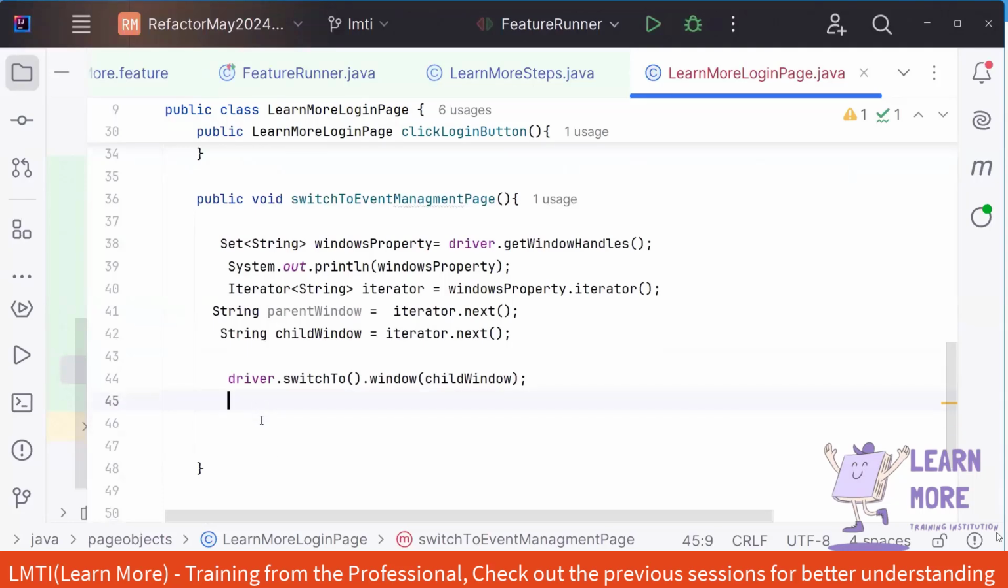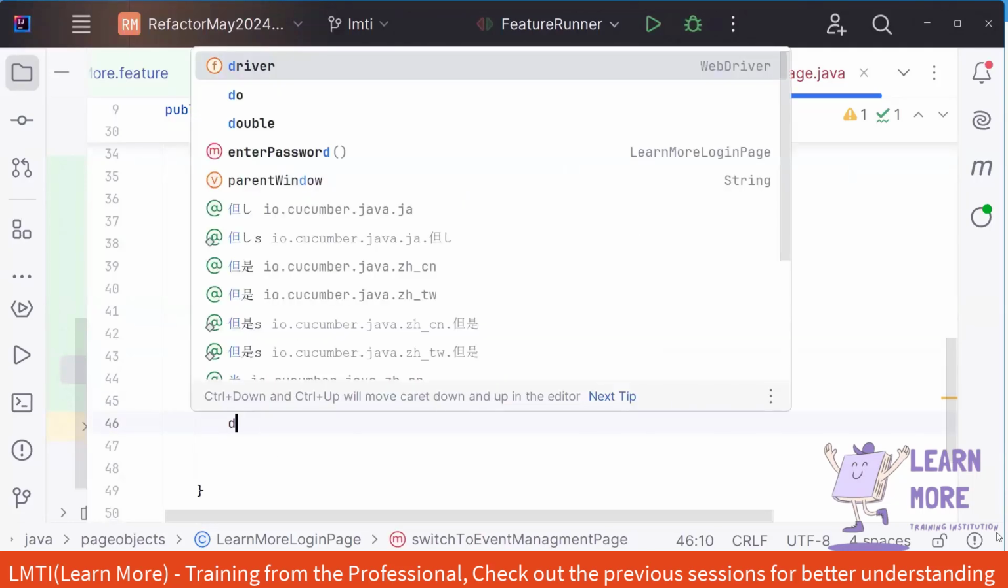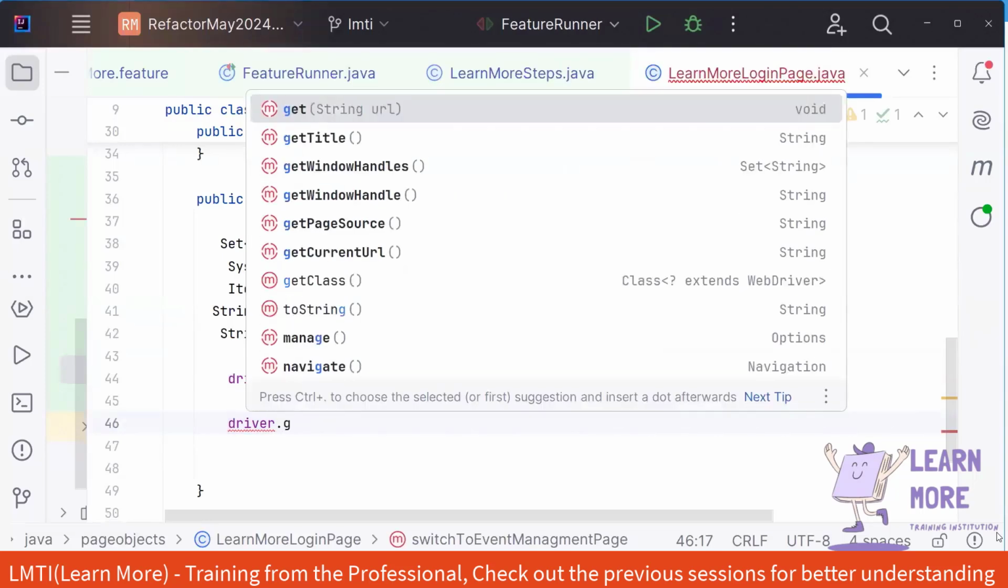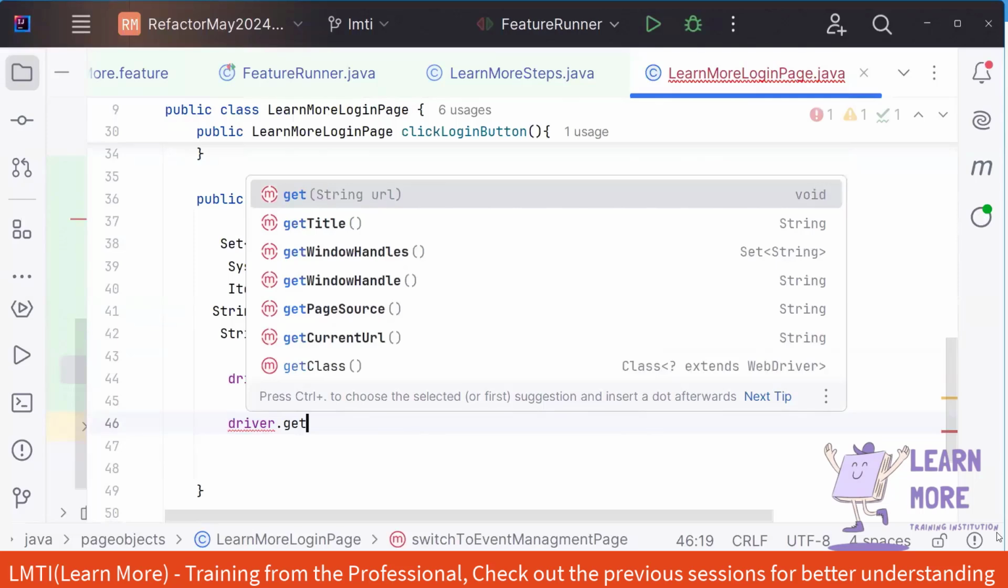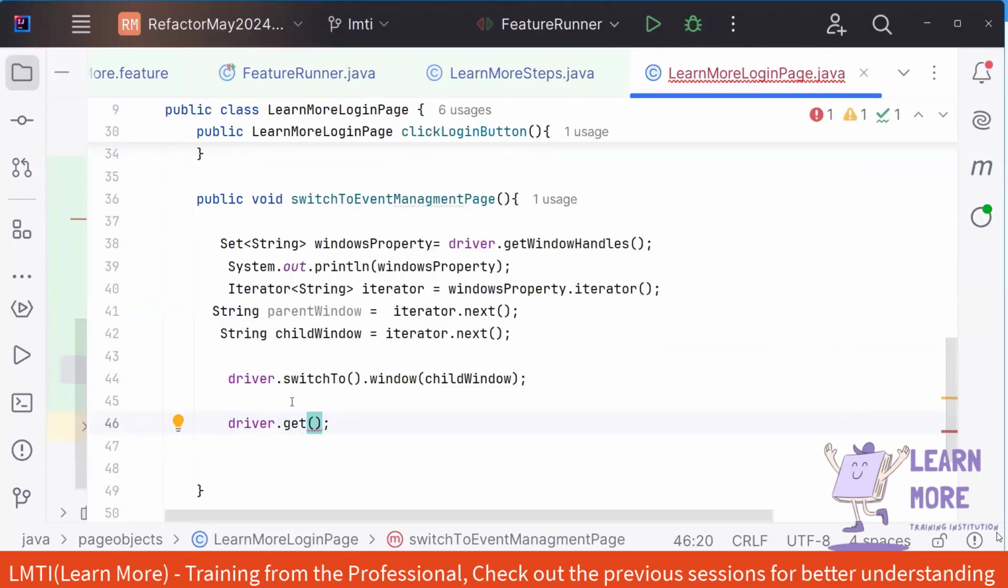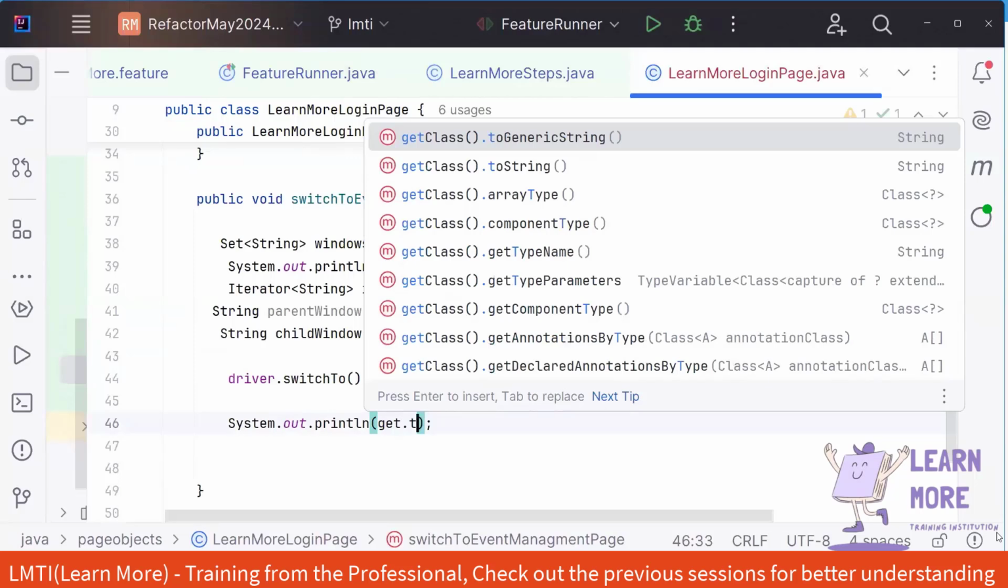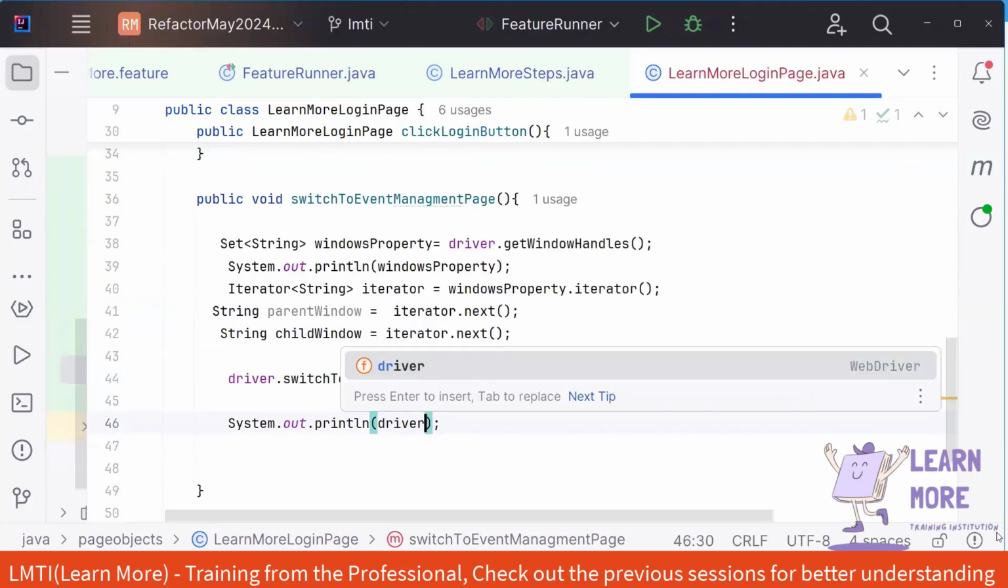Okay, so now we need to get the title, right? So I can just get the title. So driver dot get title, and let us try to print the title. So let me add it in a print statement. Okay, so just to verify, in driver dot